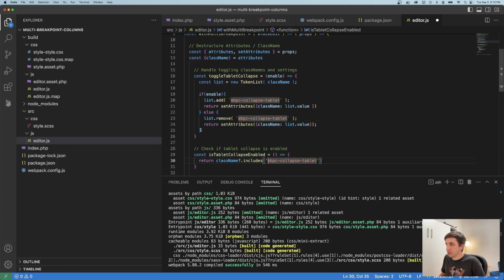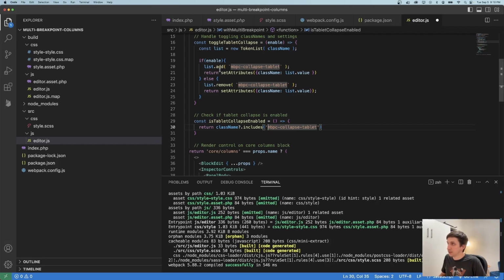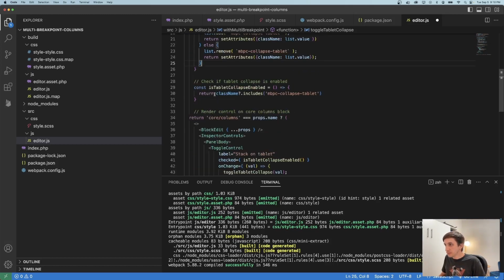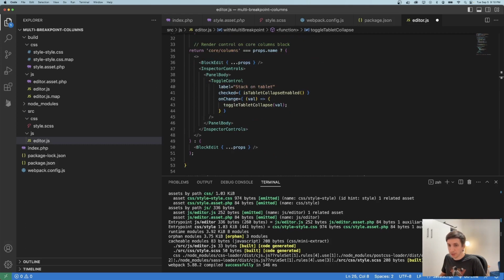So it's almost like a JavaScript set, but instead of taking an array, it is able to directly interface with a class list string. So this is really handy. And that's how we're doing the add and remove logic without having to do split and filter and what have you. So at this point, our basic logic is there. So let's save it